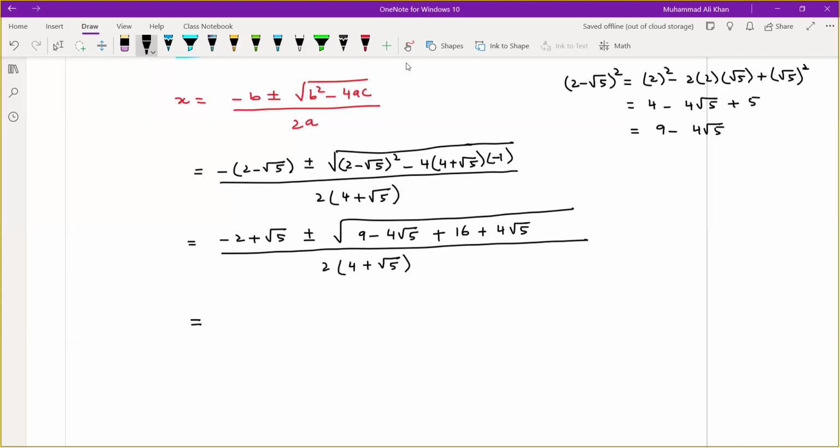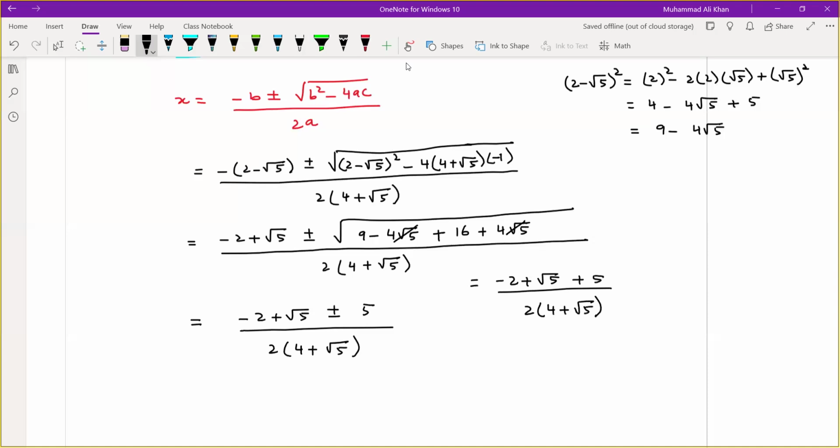So now, -2 plus under root 5 plus minus cancel out. 16 plus 9 is 25. And under root of 25 is 5. Divided by 2, 4 plus under root 5. Now, after that, I am allowed to write as it is plus and minus. So it will be -2 plus under root 5 plus 5 divided by 2, 4 plus under root 5. And the second one is -2 minus under root 5 minus 5 divided by 2, 4 plus under root